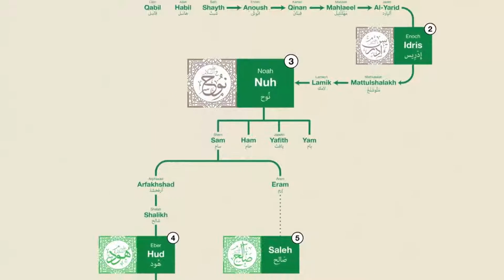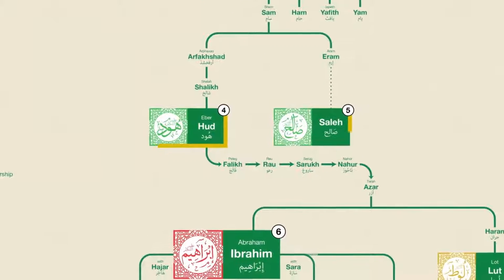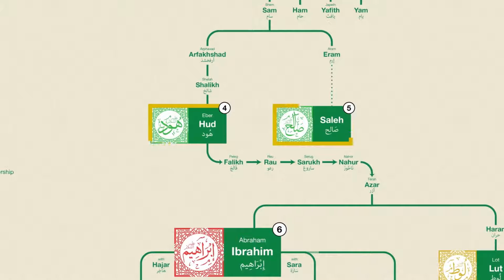The next 2 prophets, Hud and Salih, are not characters found in the Hebrew Bible. Hud might correspond to a briefly mentioned descendant of Noah named Eber, but Salih is not mentioned at all. However, in the Quran, there's a story about a tribe in Arabia called the Thamud, who demanded Salih give them